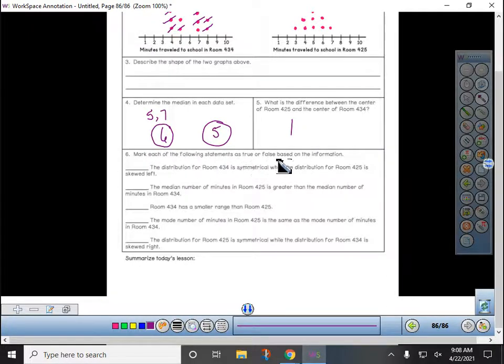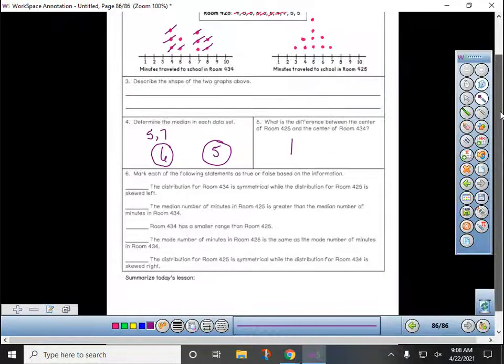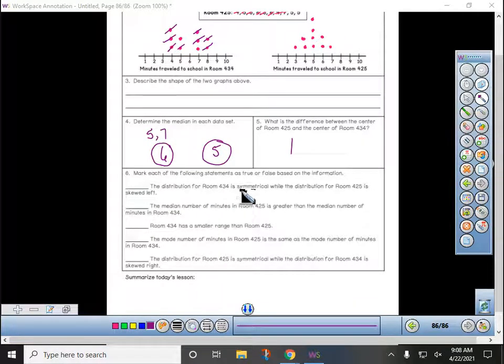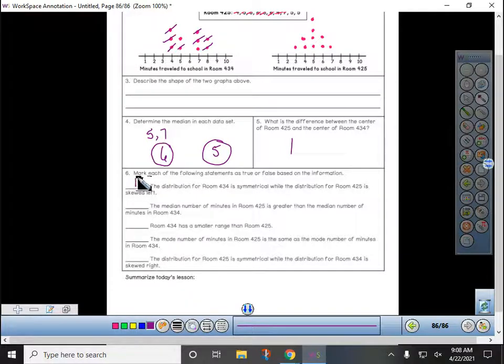Mark each of the following statements as true or false based on the information. The distribution for room 434 is symmetrical, while the distribution for room 425 is skewed left. True or false? False. Symmetrical means you could fold it in half and it would look the same. So room 434 is symmetrical. This one, I believe, they're saying it's skewed right. I don't know that I agree 100% with that, but